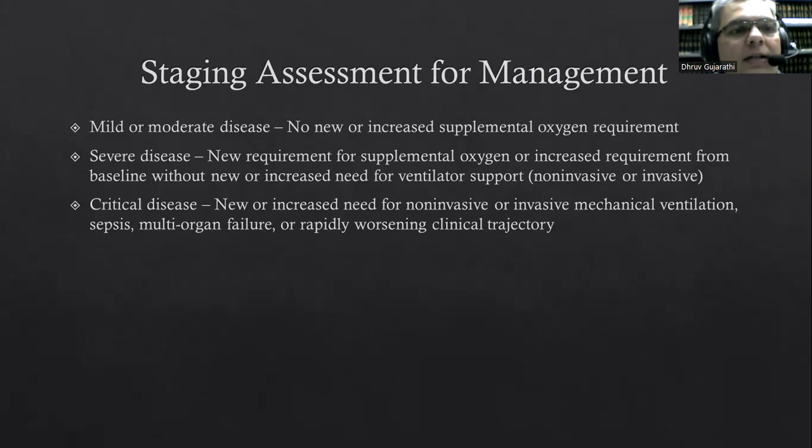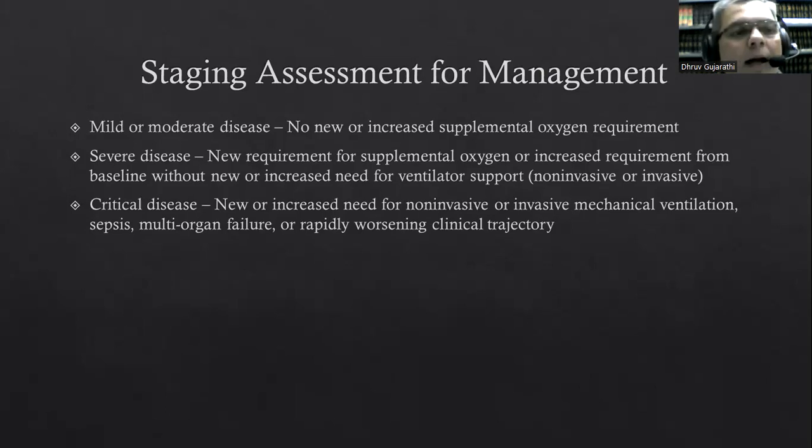The second type of disease, based on severity, will be the severe disease, where you need to supply oxygen to the patient because the peripheral saturation of oxygen falls. But the level does not fall so low that you require ventilatory support, whether invasive or non-invasive. The patient is able to breathe. He is not in respiratory failure, but he needs to be given oxygen. That might be HFNO, that is the high flow nasal oxygen,